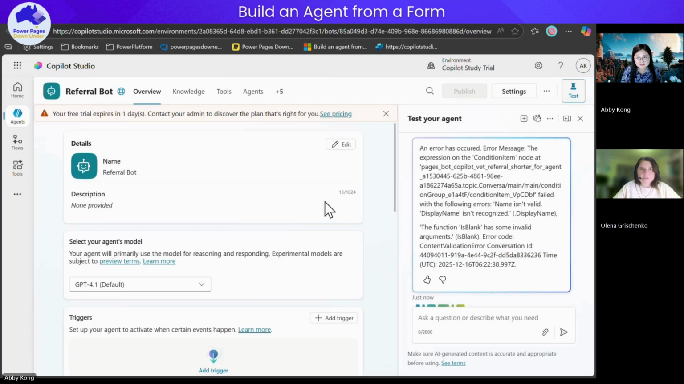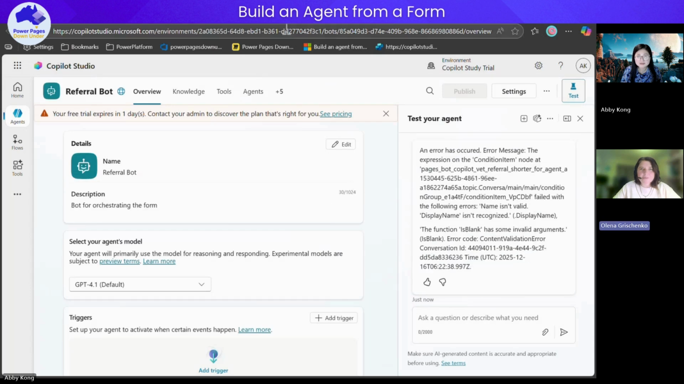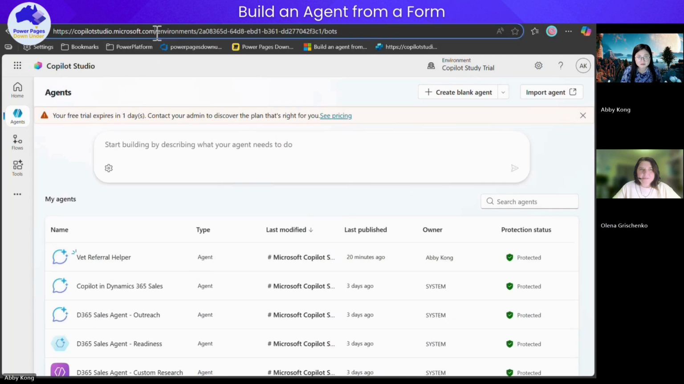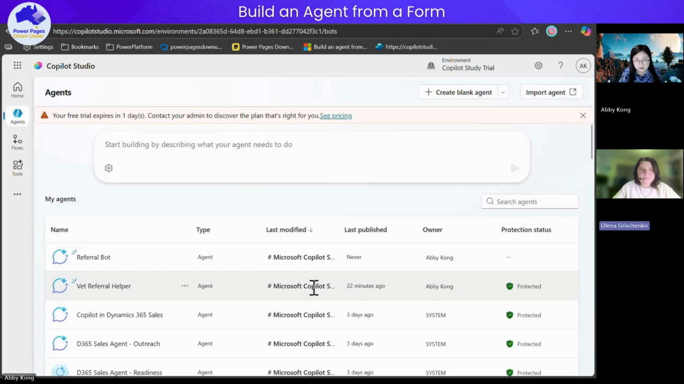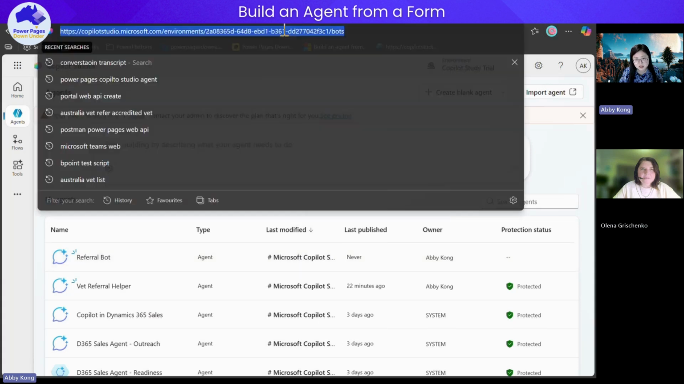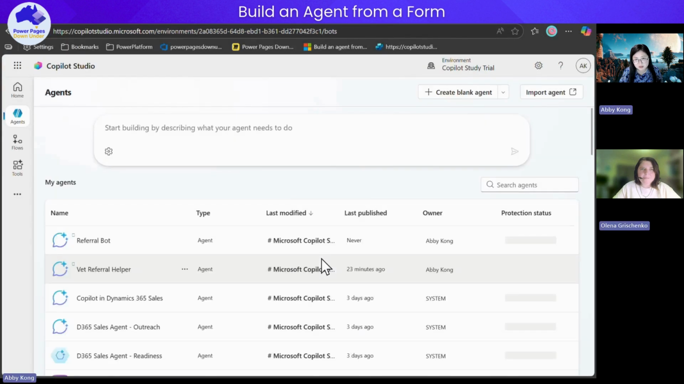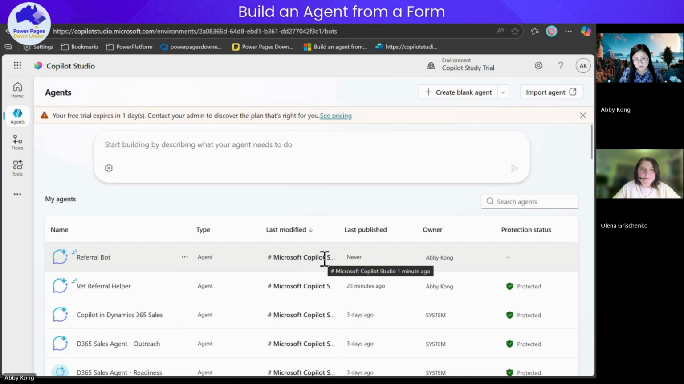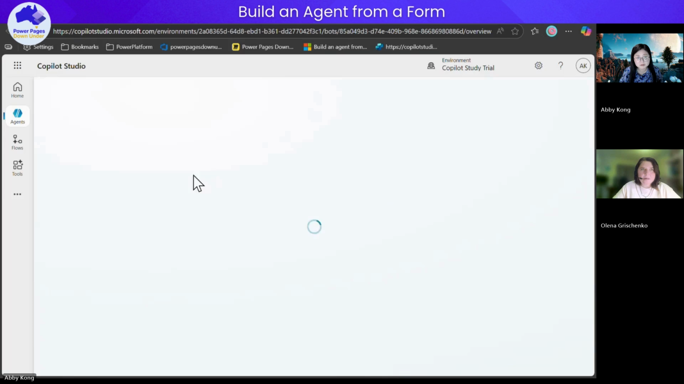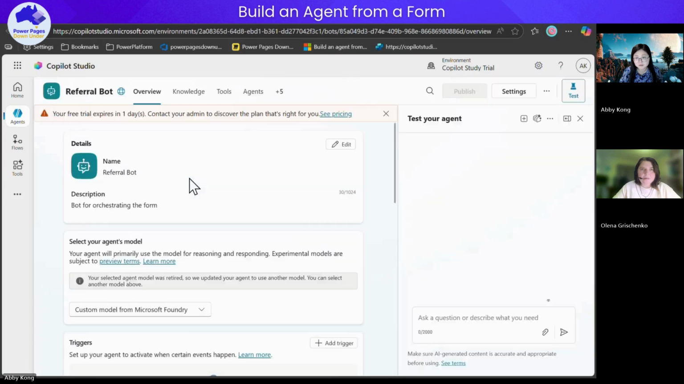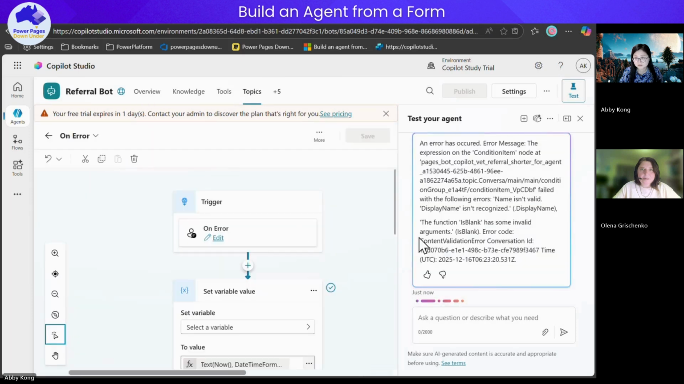Still not working. Abby, what is wrong with this bot? Oh, okay. Maybe it's a different bot. You try to open in this one. Oh, it says never. See last modify now. It changes to Copilot Studio. Let's see. Hmm. Yeah, looks like